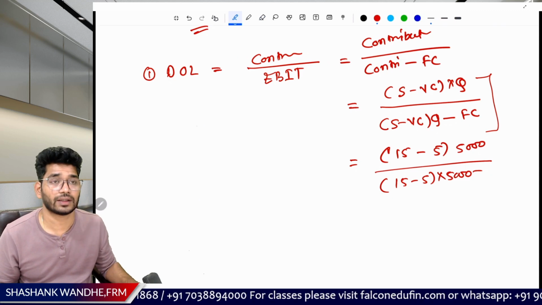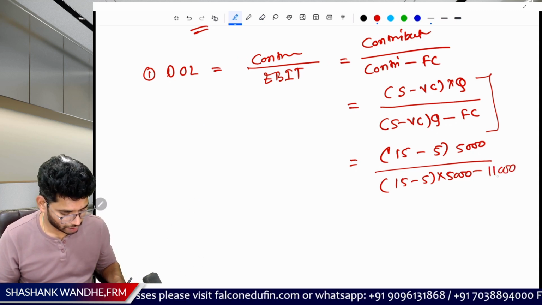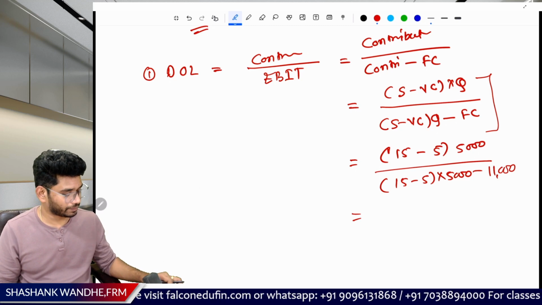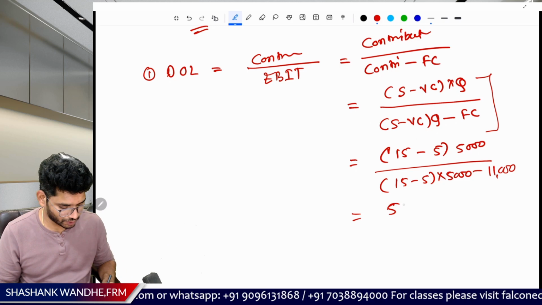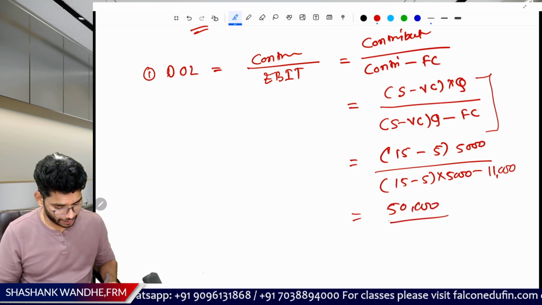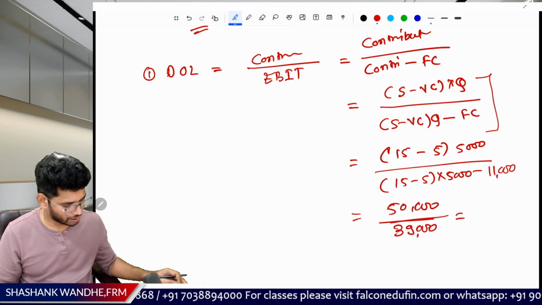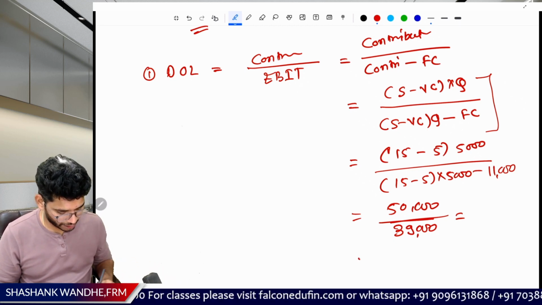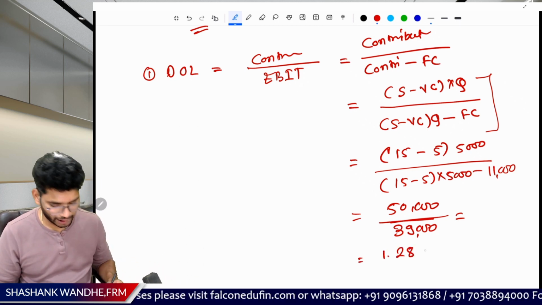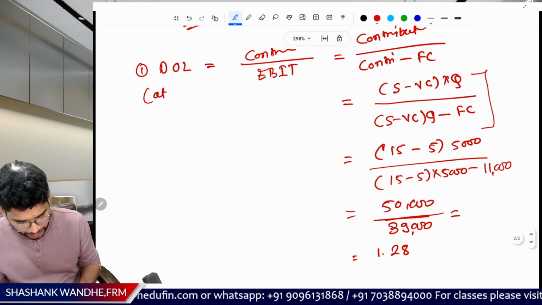What was fixed cost here? Fixed operating cost is 11,000. And simply solve this. 15 minus 5, 10 multiplied by 5,000 is equal to 50,000. 50,000 is your contribution here, divided by EBIT, which is 39,000. Answer is 50,000 divided by 39,000, which is 1.28. 1.28 is the degree of operating leverage at, remember, at